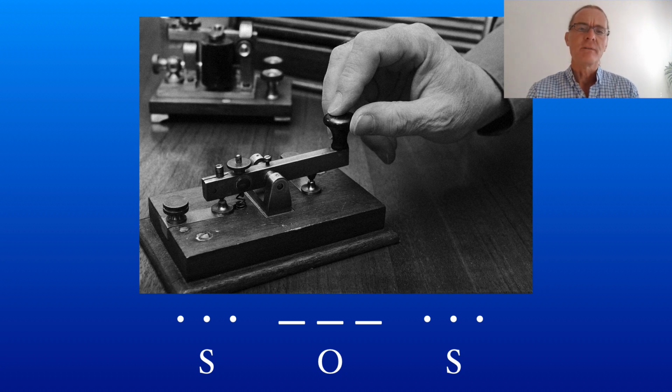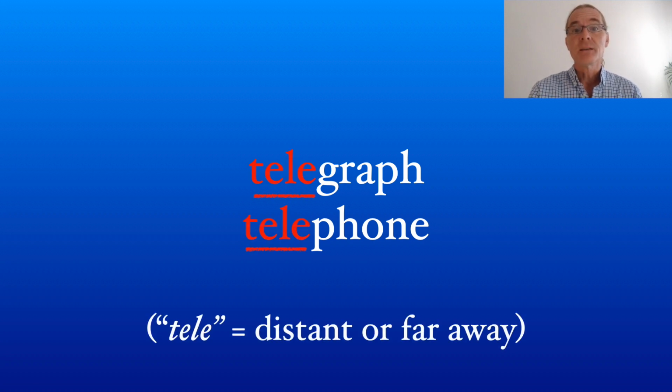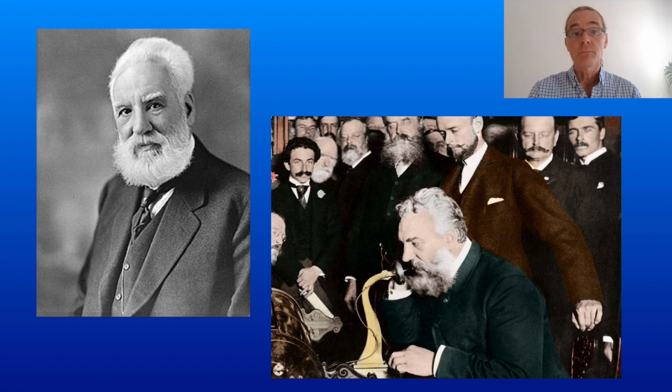After the telegraph was invented, the next major invention for communication was the telephone. Notice that both these words, telegraph and telephone, begin with the 4 letters tele. This means distant or far away. The inventor of the telephone, Alexander Graham Bell, made it possible for sounds to be sent using electricity by learning how sounds can be sent down an electrical wire to the other end and played on a speaker.